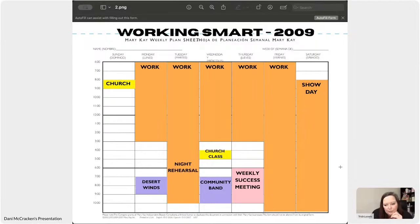Well, here's what I can tell you. When you're looking at something like this, there are two ways you can think of it. You can think, oh my gosh, I can't do any Mary Kay, which is how my brain worked for a really long time. What I changed it to was, okay, I can bring guests to the meeting, or I can book up a Sunday and have a couple different things going on. So this is the part that, had Danny known about the magic of all the things we have now...